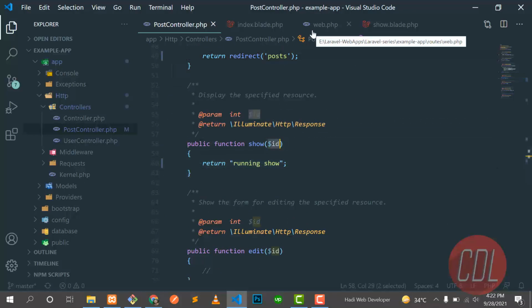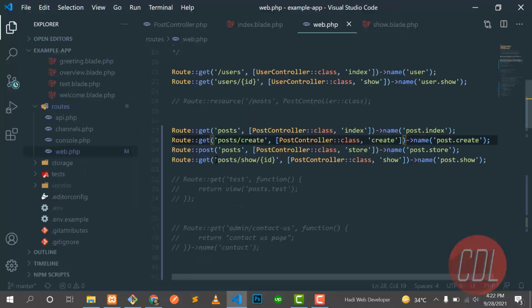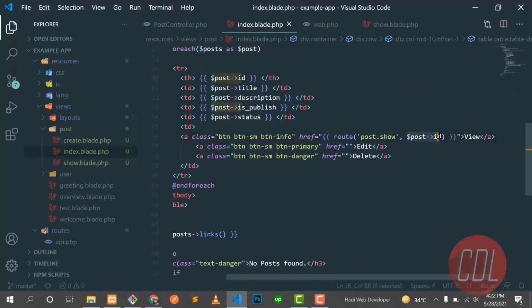So let me explain the route again. We created a get route where we first type post, because we are displaying a singular post, and then I type show because we are showing only one post, and then I type an id of the post. So this goes to this controller, and the controller has this show method, and this id will be injected in this method, right?